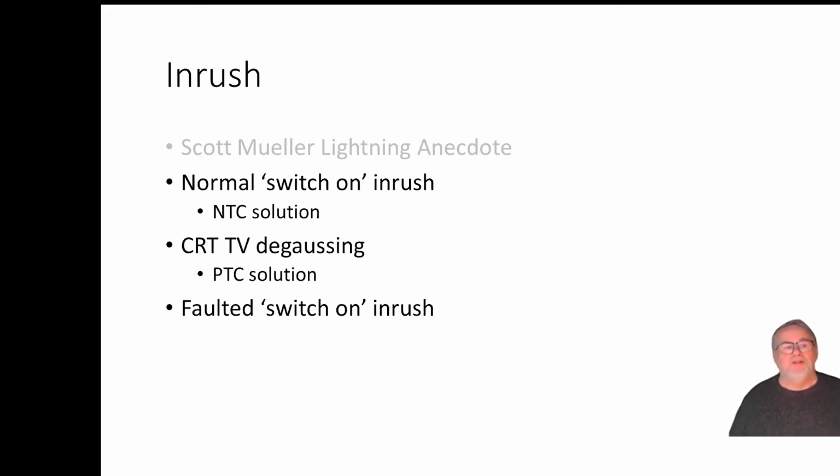And the 2 that weren't destroyed, he noticed, were the 2 where, you know how we all use the kettle lead to plug in, and it's about 1 meter long. In these 2 computers, he hadn't used the meter long kettle lead to plug into the supply. He'd run out of them. So he had a couple of 5 meter long ones that he'd coiled up and tied together with tie wraps and put into the back of the PCs. And that coiling up was sufficient of a choke to stop the inrush from the lightning strike, and these 2